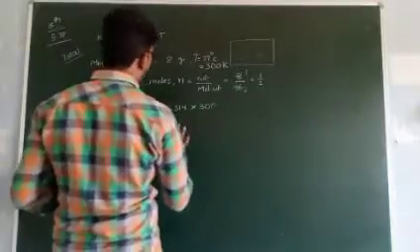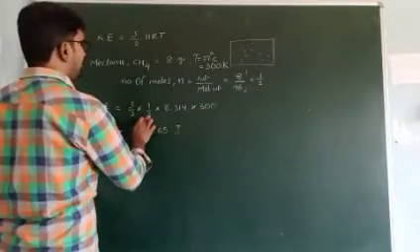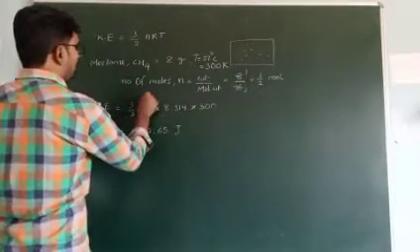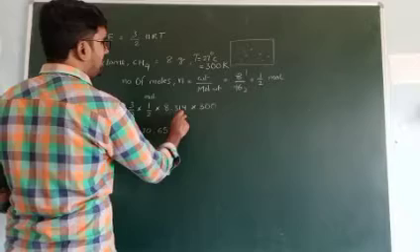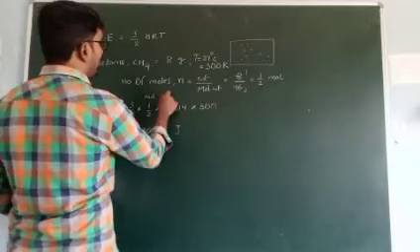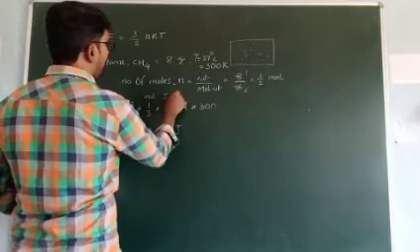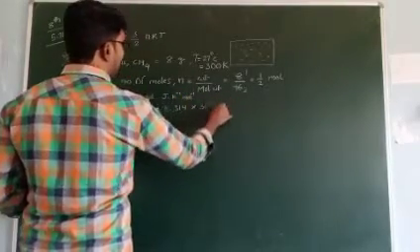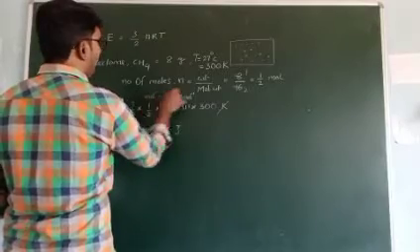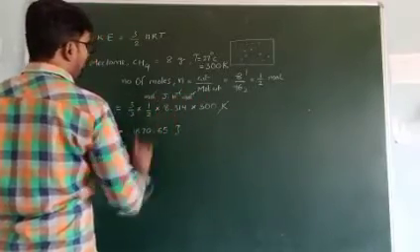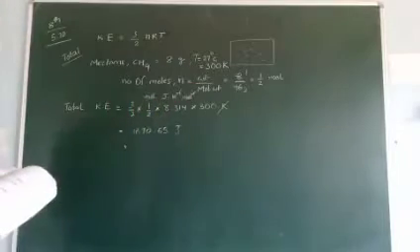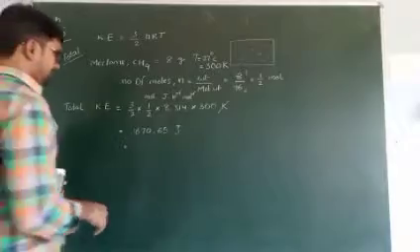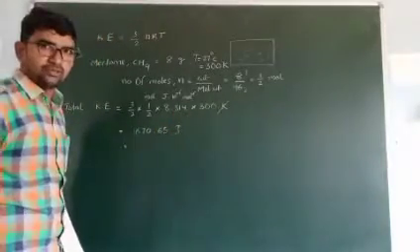Joules, because how to write the units: this is 1 by 2 moles, so this is mole. What is 8.314? The gas constant, units joule Kelvin inverse and mole inverse. Here the units are Kelvin, so Kelvin inverse cancels. Mole inverse cancels. Only joules are present. This is the total energy.